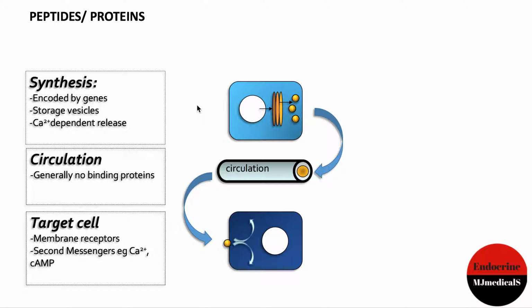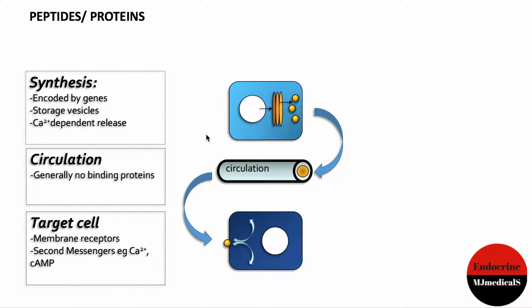So what you see on the screen now is a very simple procedure. This is not the in-depth level. I'll go into a bit more detail as we go along through the course of endocrine physiology. So first, the hormone or the soluble messenger molecule is encoded by genes within the nucleus, and that's then stored. It goes through the Golgi apparatus and the smooth endoplasmic reticulum, and then it's stored in vesicles, and then upon